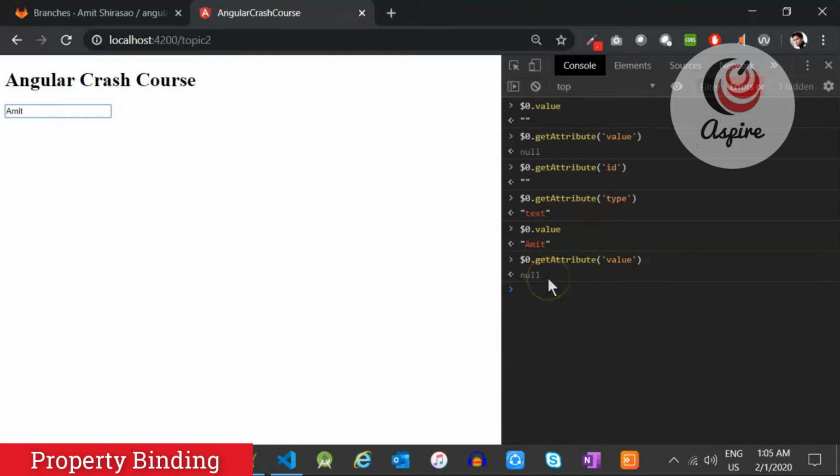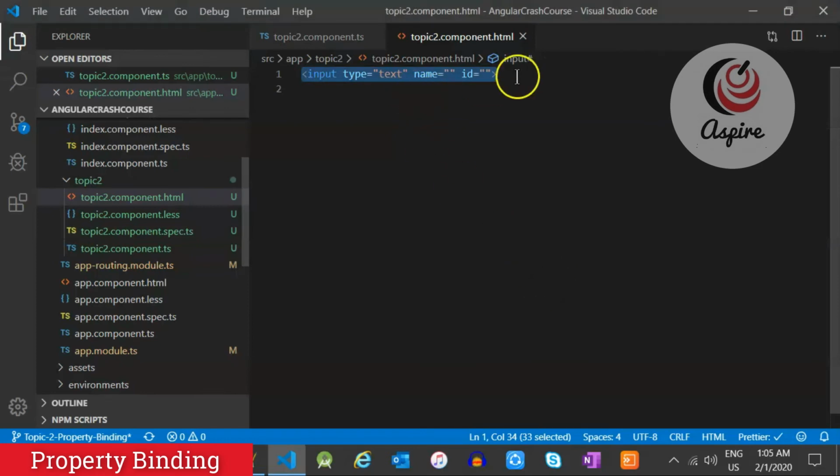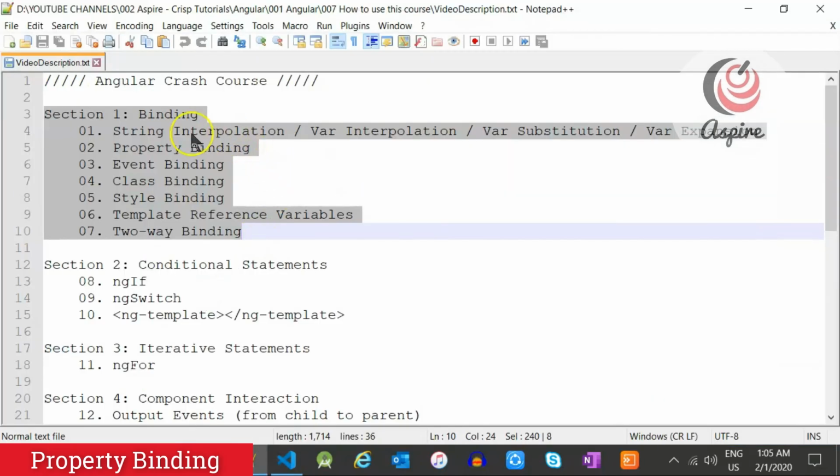Attributes remain the same. Attributes means what you came to birth with. Those are your attributes. But what really changes in you after that is the properties. So here property value has changed, but attribute value has stayed the same. This is what I wanted to emphasize. See, value is Amit and attribute is still none because I did not start it with any attribute. Now you get what is the difference between HTML attribute and